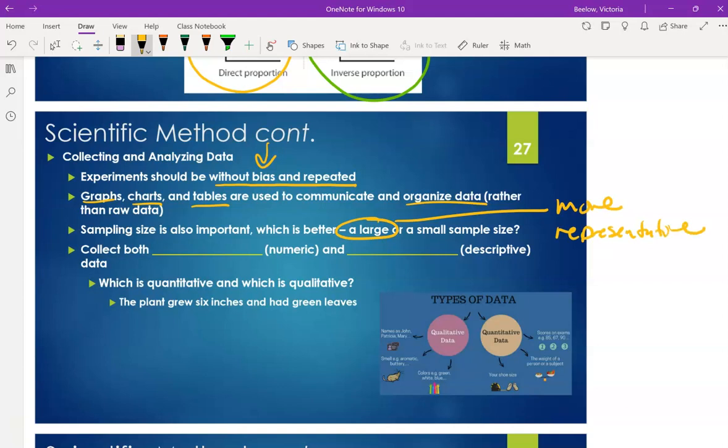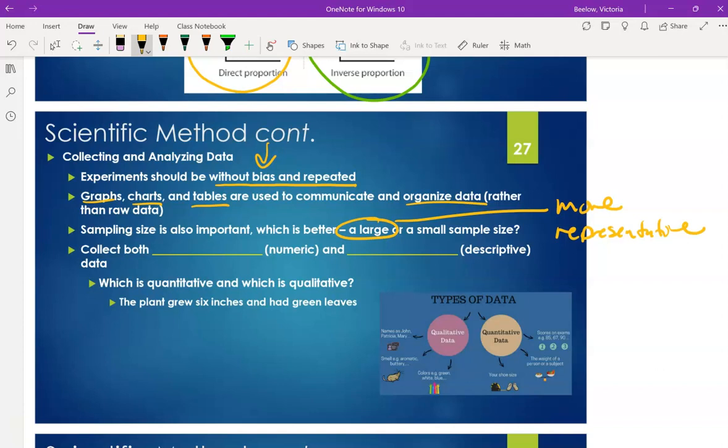Okay? You don't, because what if you sample a small group of people and you're asking them if they like apples or oranges, and almost all of them say oranges and one person says apples, and you only ask 10 people? Well, you might get different results if you ask 100 or 1,000 people, okay? That's really important to keep in mind, especially if you are ever reading about a study that was done. Find out how many people were involved in it or how many people were surveyed, because that is very